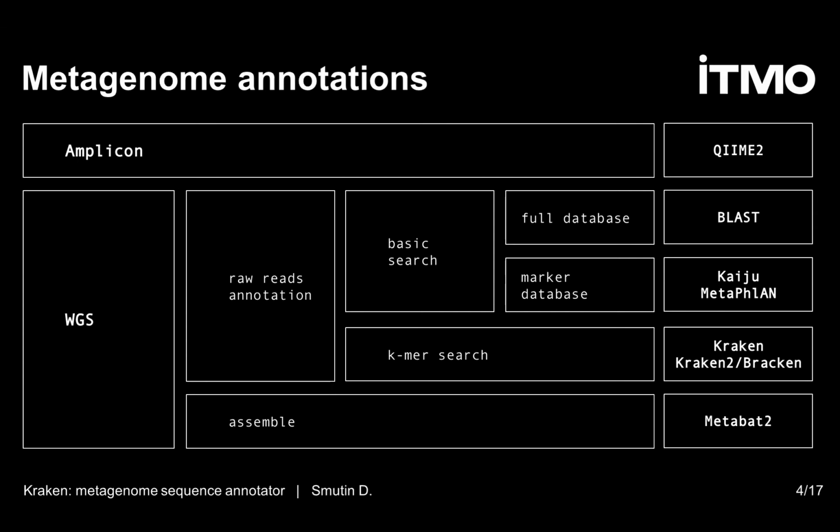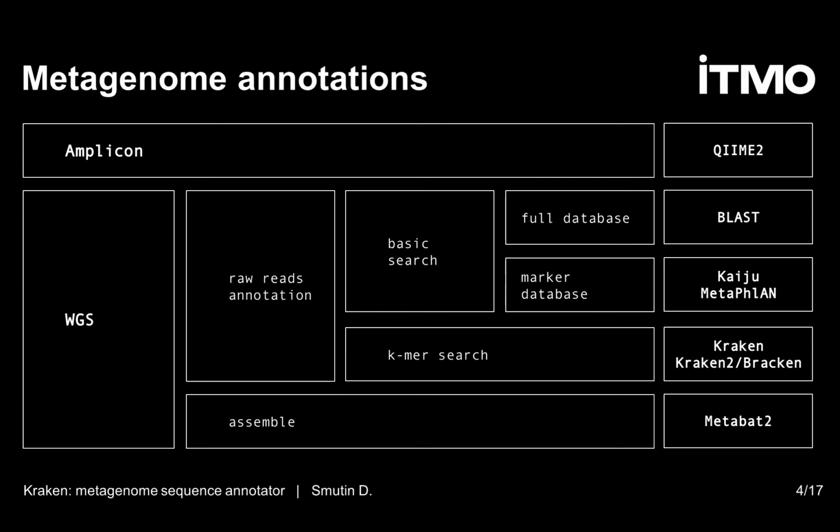We have pretty different approaches. If we assemble the metagenome, we could predict assembled parts of it using MetaBAT, the second version of it now, and some other classifiers. Also, we of course could use for it Kraken or other k-mer tools, but it is not very efficient. Assembling of the metagenome is a pretty tricky part. So for big metagenomes, it is really time consuming. So really a lot of different articles don't use assembling for metagenomes and just classify raw reads.